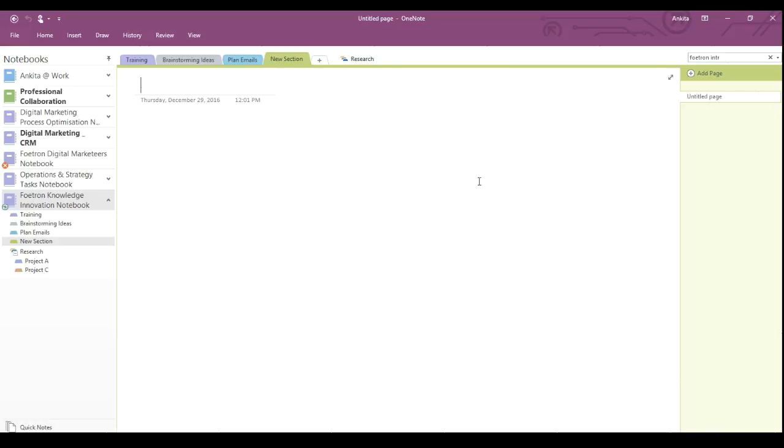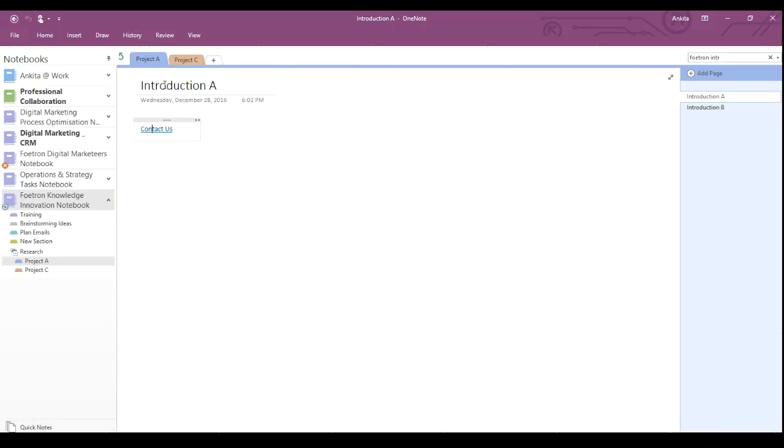Each section is having, on the right hand side, add pages and an untitled page. So these are the pages within a section. So I can create a page 1. So this would be titled over here like this. Or I can create a new page, testing page. So that is created like this. Similarly, I can also have some